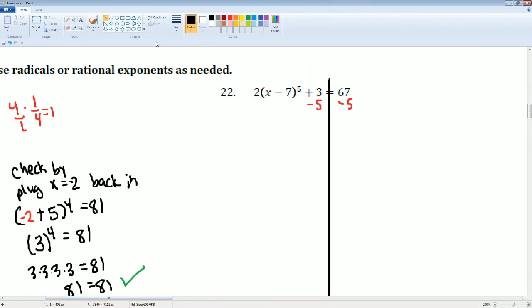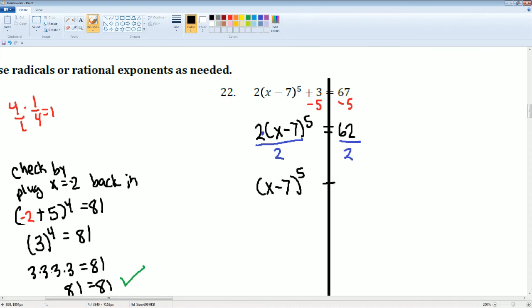So what do you have left here? You have 2x minus 7 to the 5th power is equal to 62. Almost there. Now you want to deal with that 2 too. Okay? This is attached via multiplication. So what's the opposite of multiplication? Division. So divide by 2, divide by 2. What do you have left? x minus 7 to the 5th power is equal to 32. Okay? You can finish it